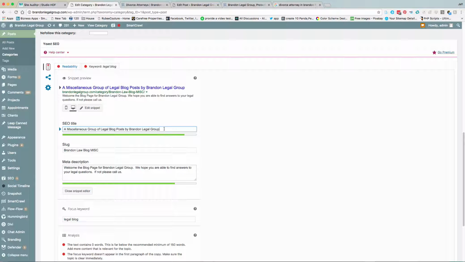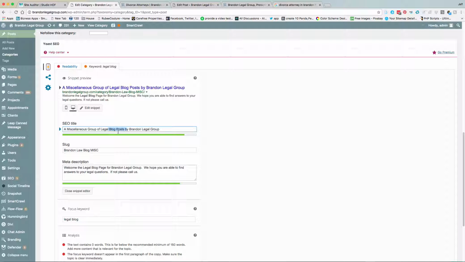Great. So we still managed to get the company name in. We still managed to say legal blog, which is our focus keyword. We also have in our meta description, do we have legal blog? Welcome to the legal blog page. Okay, now I have legal blog in the meta description and in the focus keyword, and I have legal blog